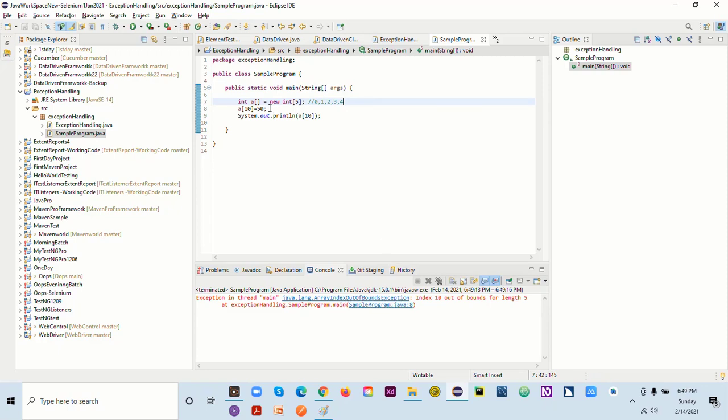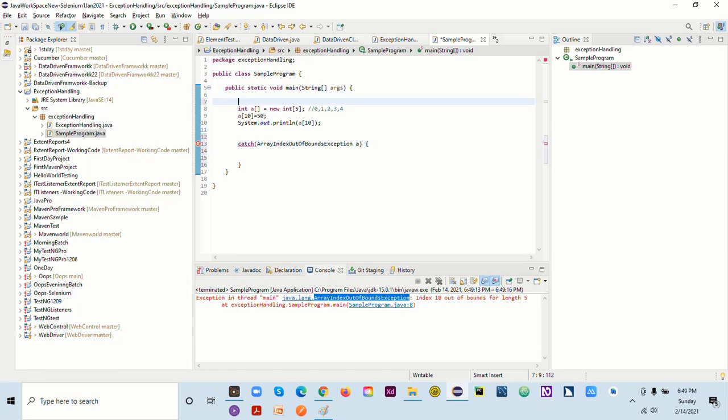All right, so what we can do here is, we can copy this exception from here, because this is the exception it's throwing. So in catch, you can say catch, and we can give any reference name here. Okay, and it will be like this.